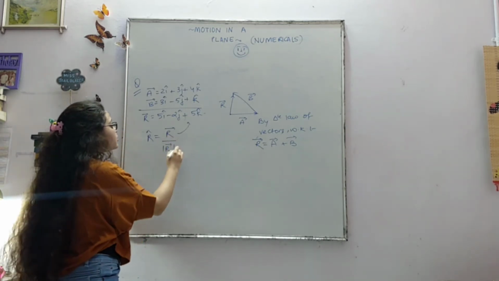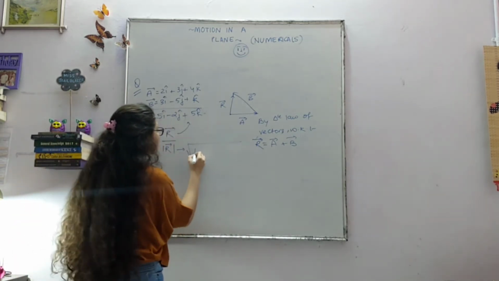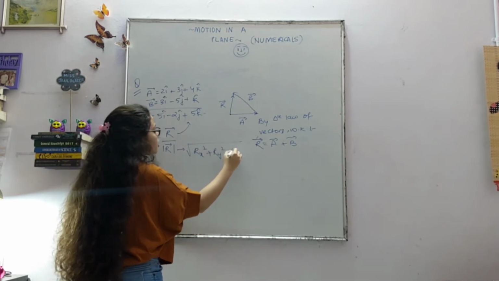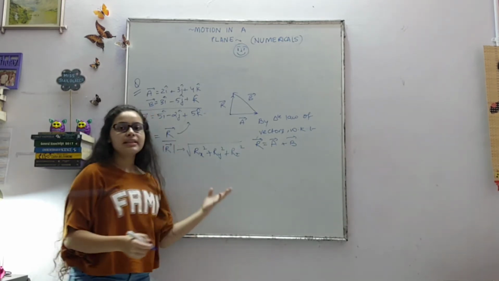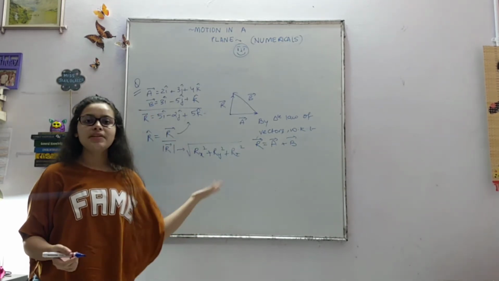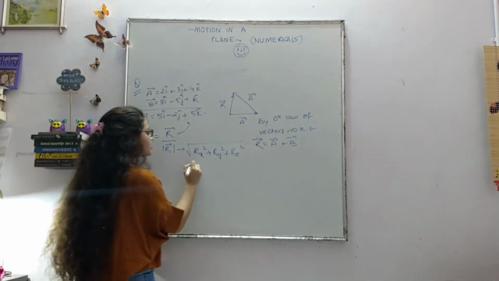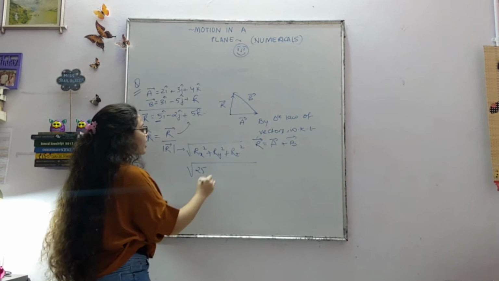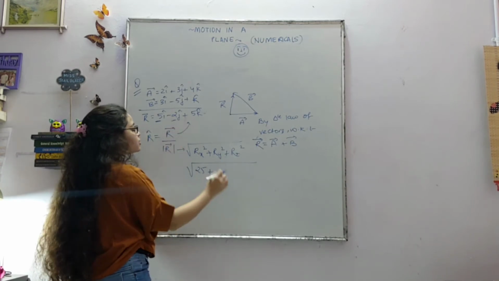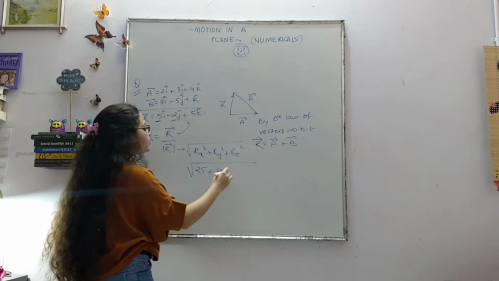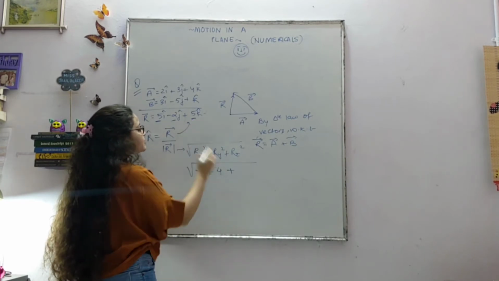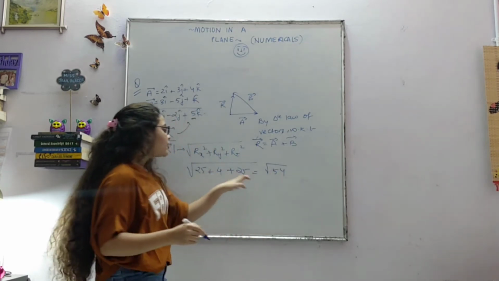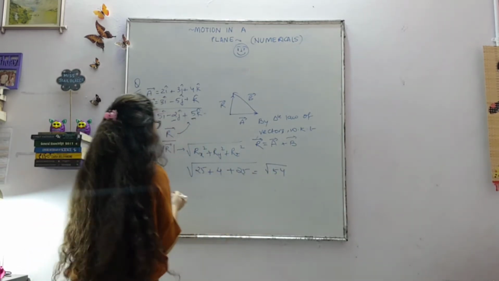Now we know vector. What is the vector's magnitude? Is it component of x square plus component of y square plus component of z square? This also we have studied in the previous lectures, right? So what is it? 5 square. X component is 5, so 5 square is 25. Y square is minus 2, so minus 2 square is plus 4, plus z component square is 5 again, so 25. So overall if you add it, you get root 54, right? 25 plus 25, 50 plus 4, okay, 54.